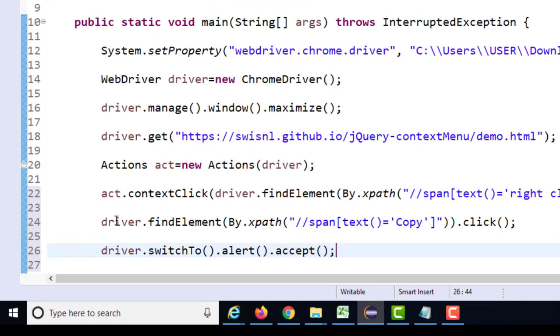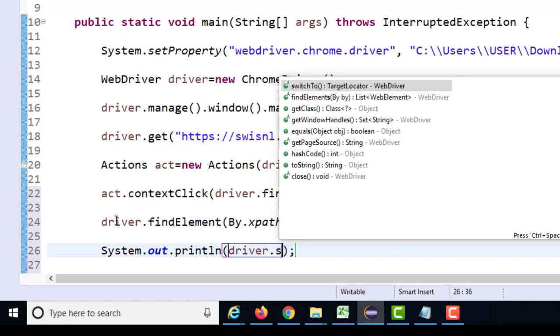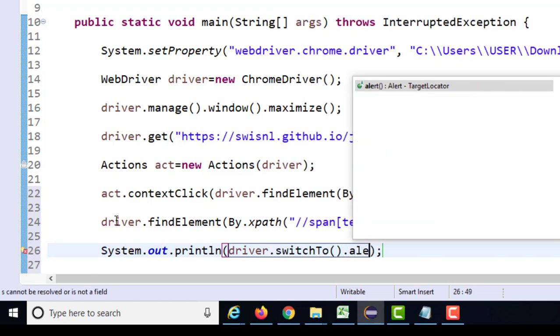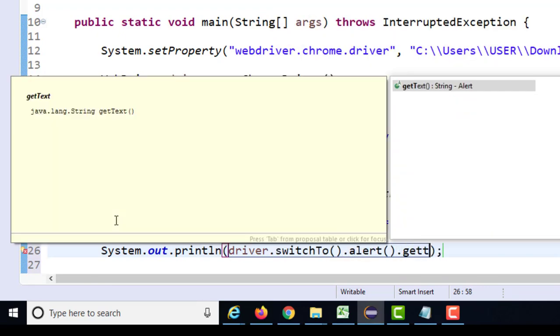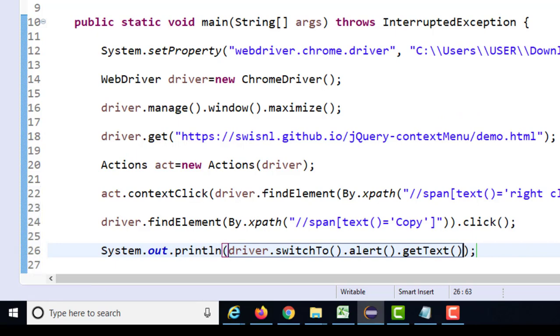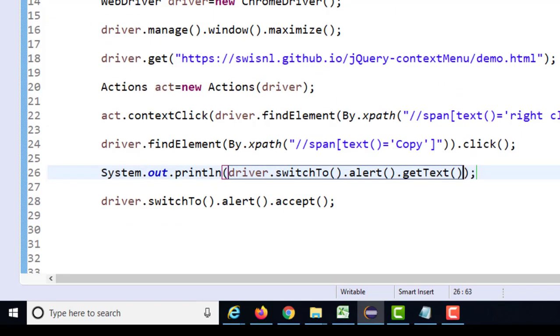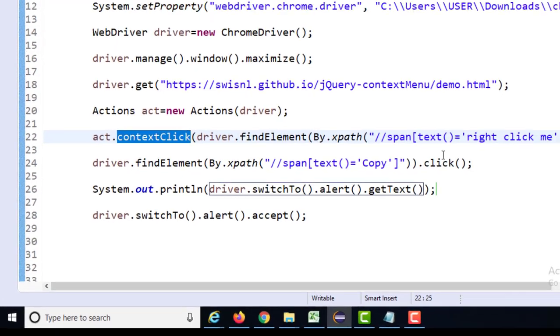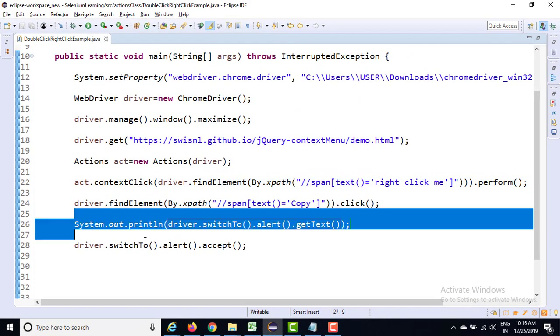And if you are not familiar with the alert, then we have discussed this alert part in the previous videos. Please go ahead and watch those videos. Before accepting, we also want to capture the text which is coming within the alert. So for that, I'm going to say driver dot switch to dot alert dot get text. Where is the method? Context click, and this is like the previous concept.